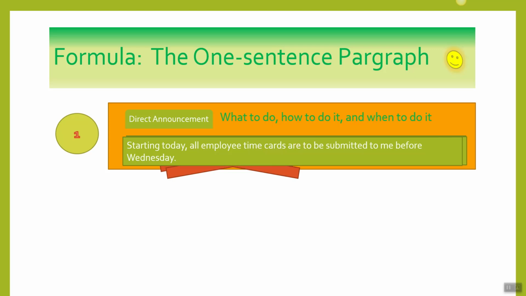It just says it'll happen. And if you say to me, well, now you leave it open for all kinds of ways. This is your chance to take control of how this procedure flows from the get-go, from the very beginning. You can tell them exactly where you want all those time cards. If you do not, you will have them in your email, under your door, on your desk, in your chair, in various boxes, maybe outside your office. You will be interrupted all the time, people trying to hand it to you.